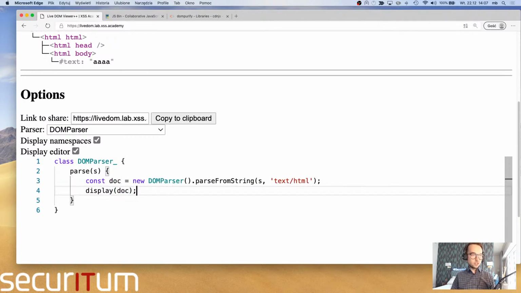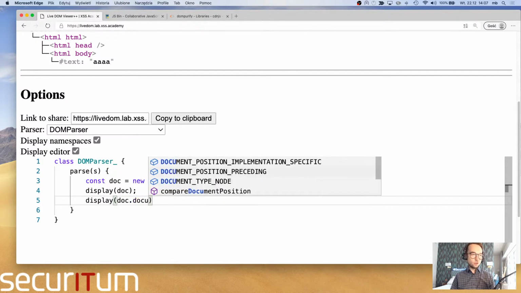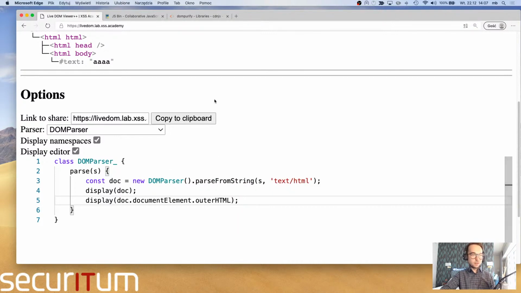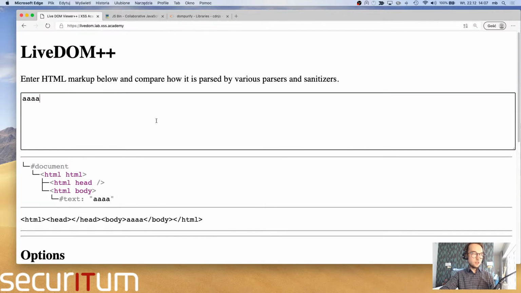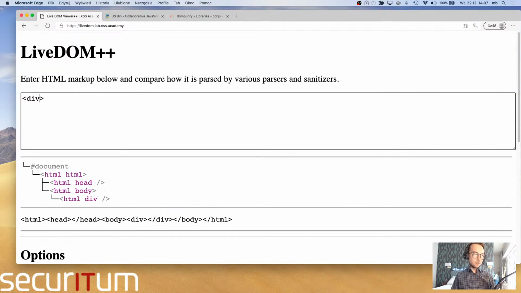Okay, so I'm going to display doc, and then I'm going to display how it is serialized, which I can do with the outerHTML of the document element. Let's assume that I am going to add some div in here with class attribute equal to ABC. Now, the first thing to notice in here is that the serialized markup is not exactly the same